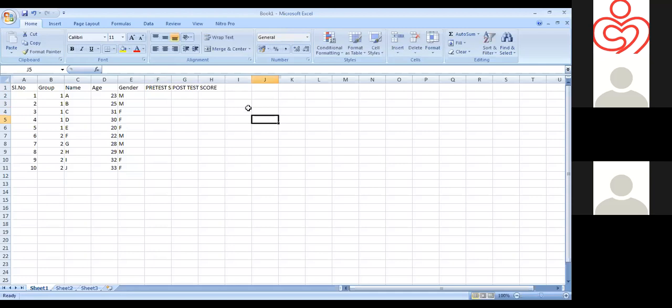If we have more than one post-op time point, then you can give some specifications for the identification of those post-op time points, like post-op time point 1, PST1, PST2, like that.